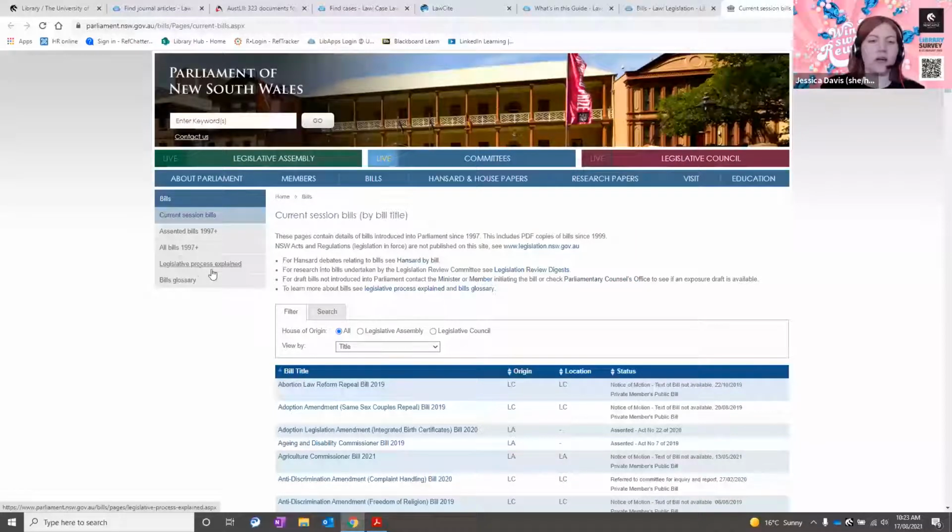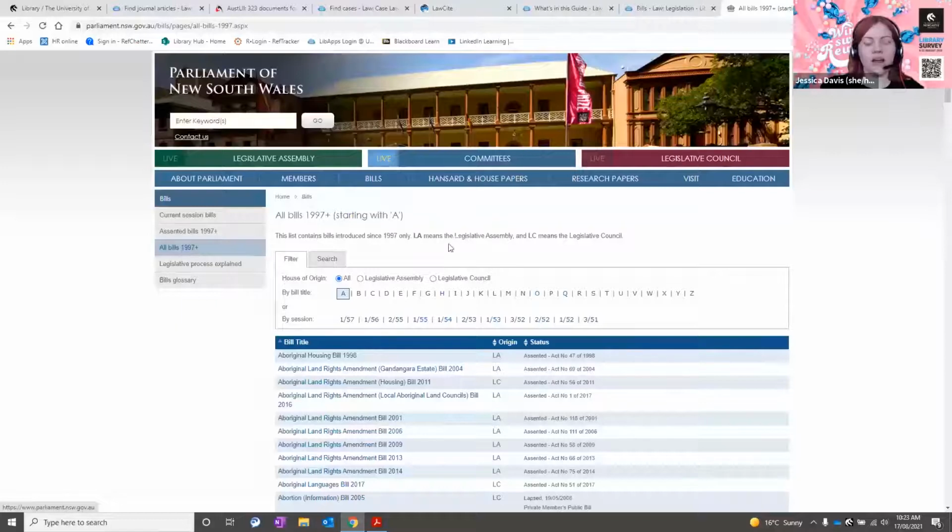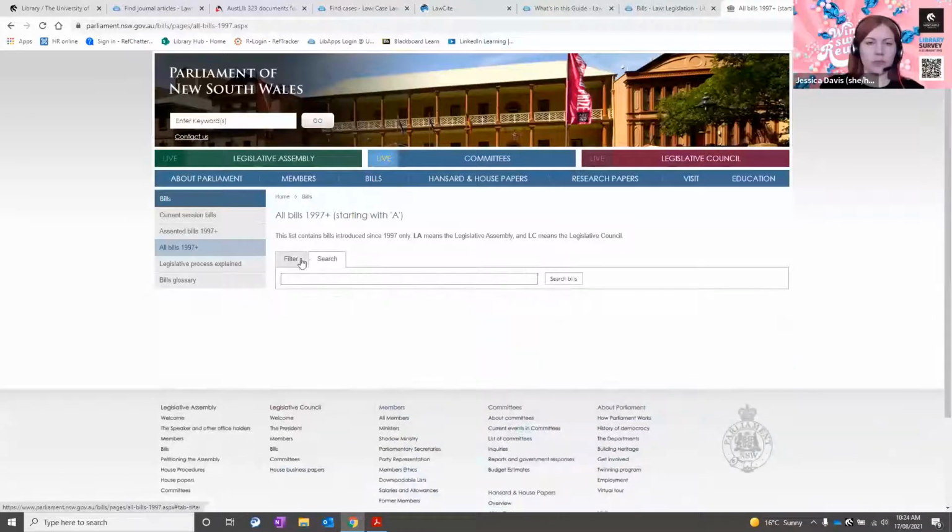Both these links are incredibly helpful, and I really recommend that you check them out if you're having any issues understanding any of the terminology or understanding anything about bills, basically. Because I don't know if this bill was assented to, I will go to all bills. I have the option to either browse by bill title or I can search.